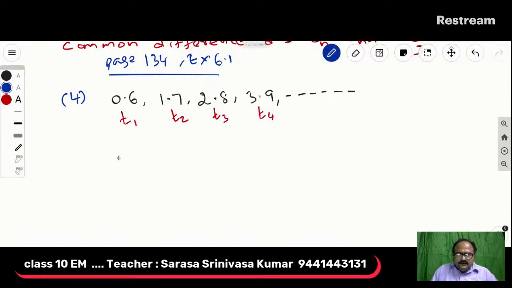So we write A equal to T1, that is the first term, equal to 0.6. Now we calculate the common difference T2 minus T1. Here we write T2 equal to 1.7,